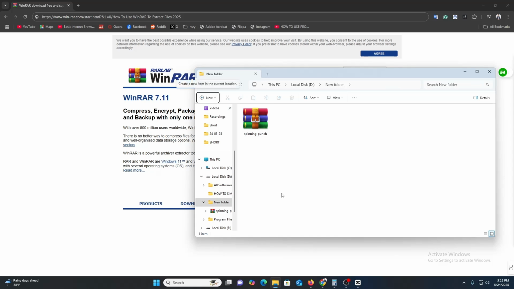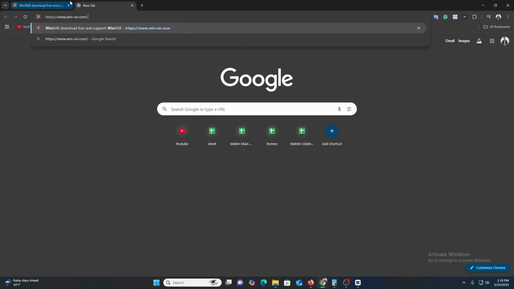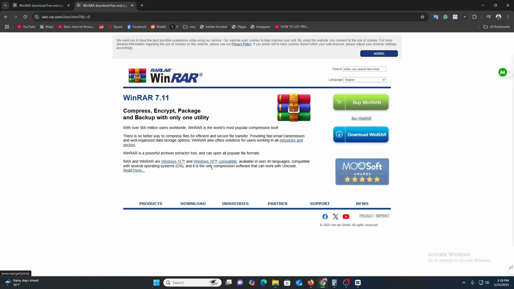I hope you guys are doing very well, and in this video I am going to talk about how to use WinRAR to extract files. So this is a website, or this is the app, where we are allowed to download it to our computer. You just need to visit winrar.com. Just go and paste it here and you will land on the place where you are allowed to download